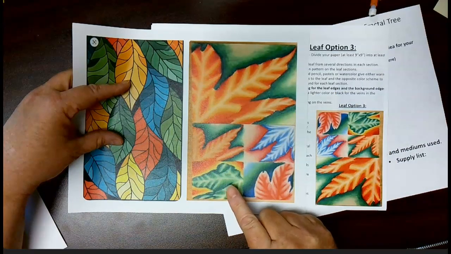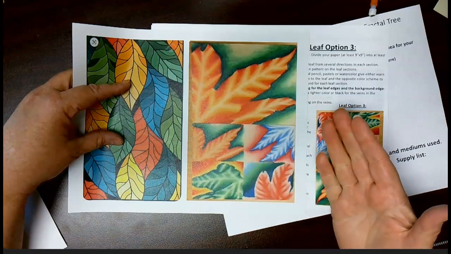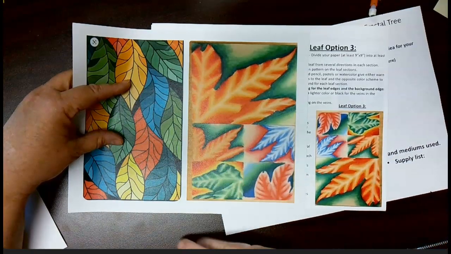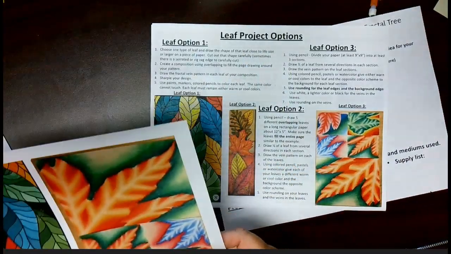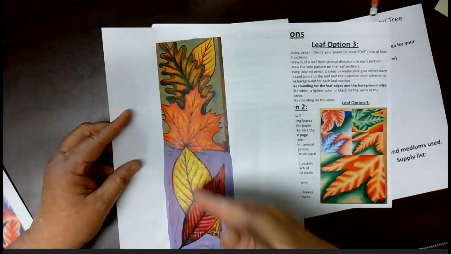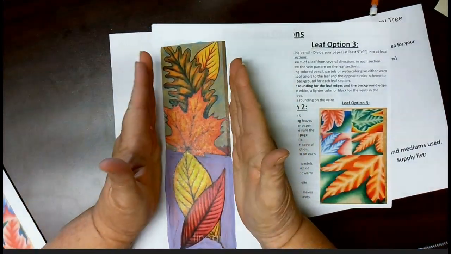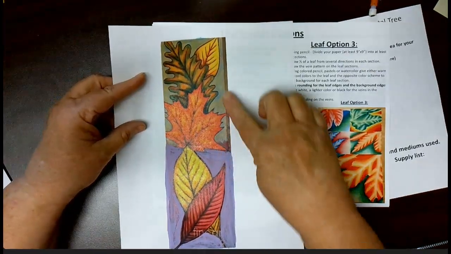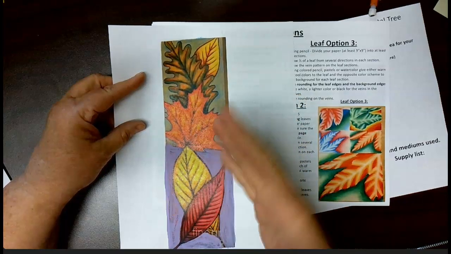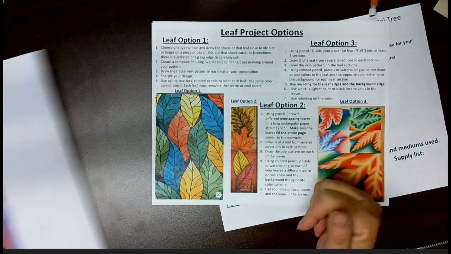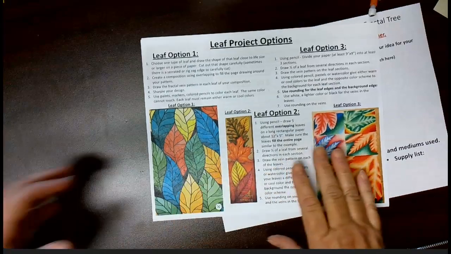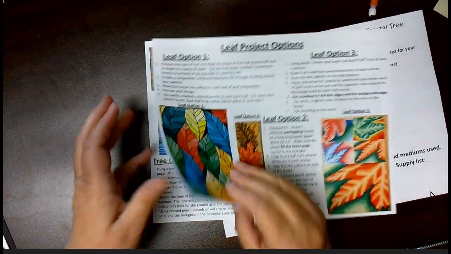So in your choices for your project, one part of your project is going to be warm and the other part of your project is going to be cool. And you get to decide which one is which. Here's another example. This is option 2. And you would draw leaves kind of in a line on a very narrow piece of paper, and the background would be cool and the leaves themselves would be warm, or the other way around. So those are the leaf options, and you can choose the one that you find most interesting to do, or